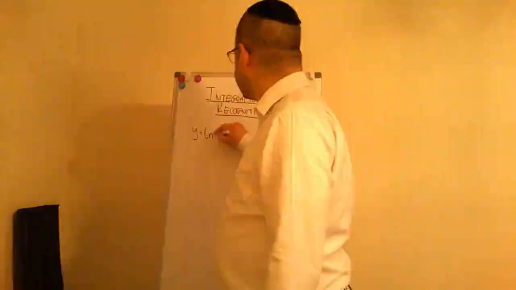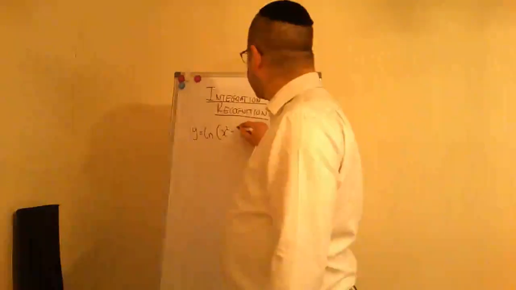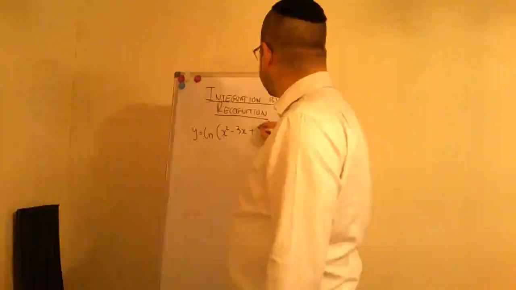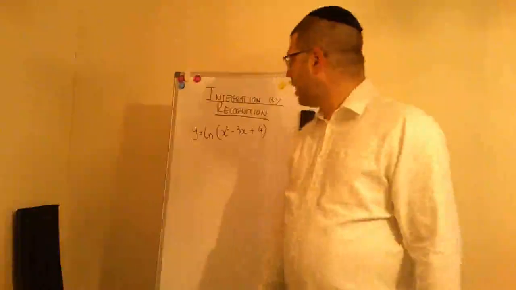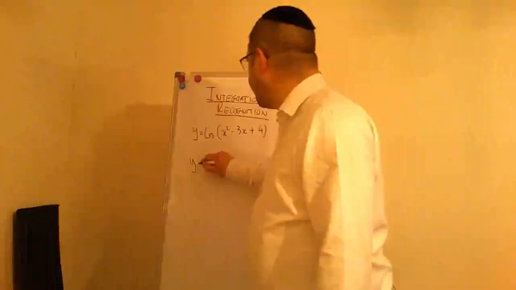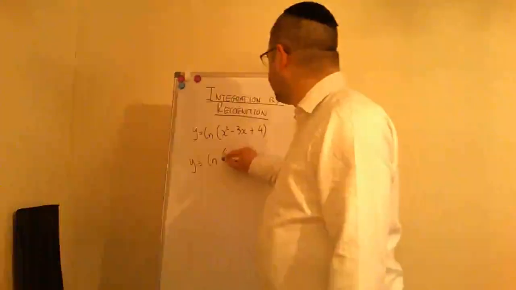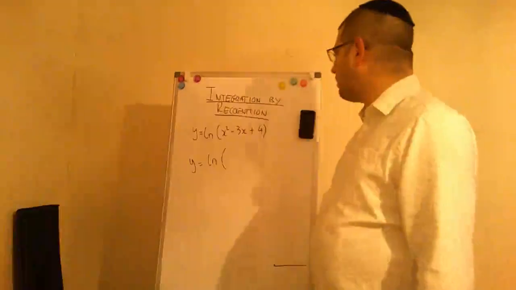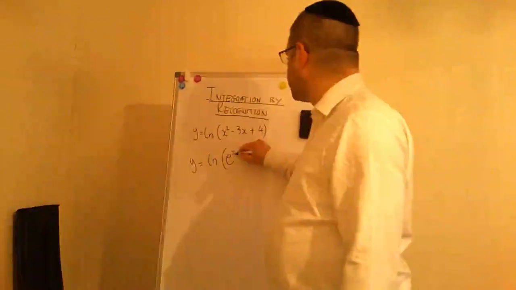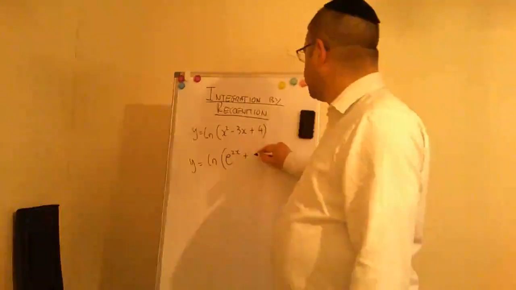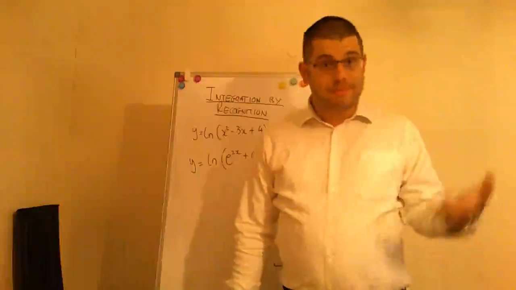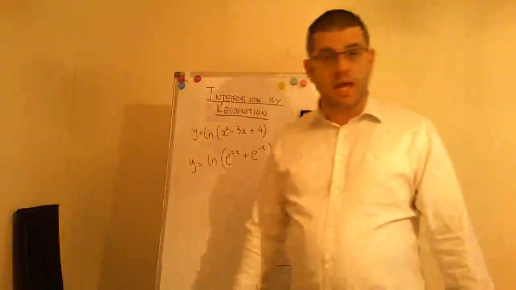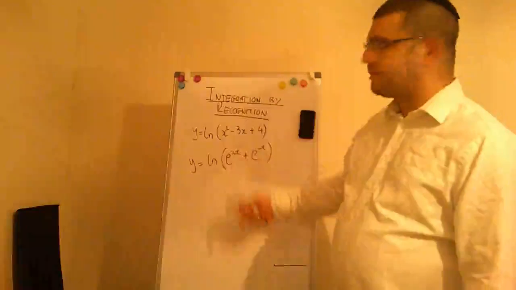Have a go at differentiating y is ln of x squared minus 3x plus 4. See what you get for dy by dx. And then have a go at y is ln of e to the 2x plus e to the minus x. So spend 60 seconds, shouldn't take you very long at this stage, to find dy by dx for those two